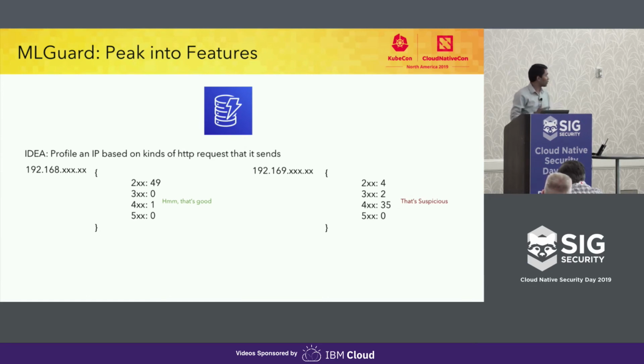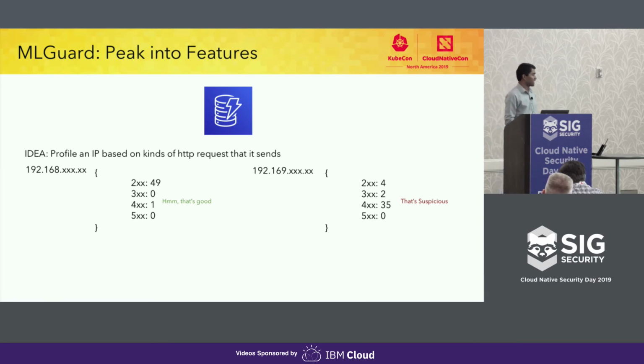Now we have data and we have a model, so what features do we need to use to train the model? The idea is that we don't want to know whether individual HTTP requests are good or bad. We want to know whether an IP is good or bad, and we can find that out based on what kind of requests are being sent by that IP.